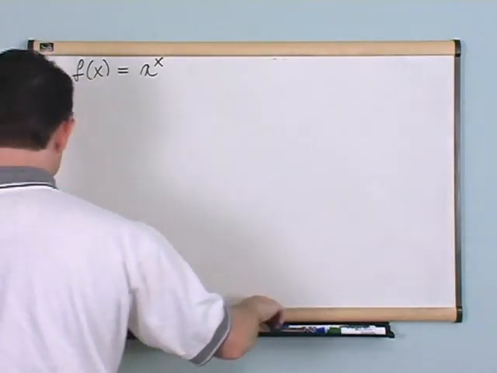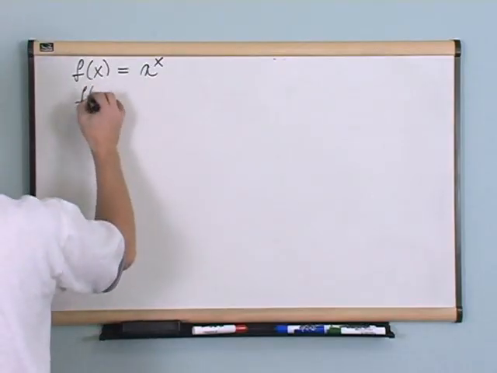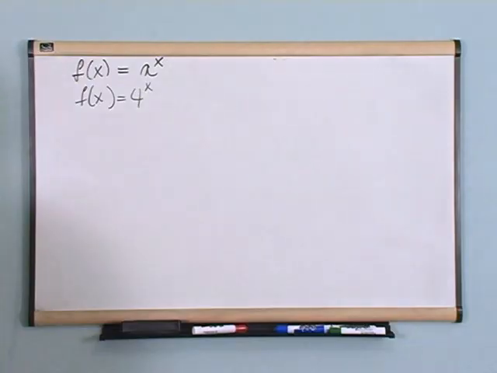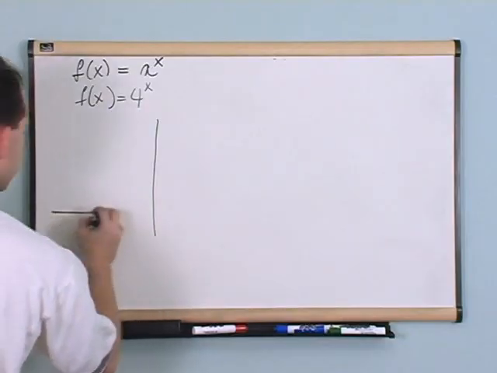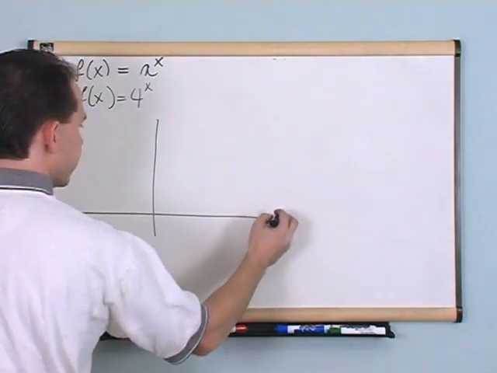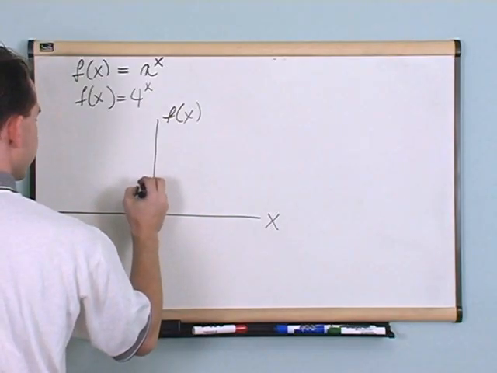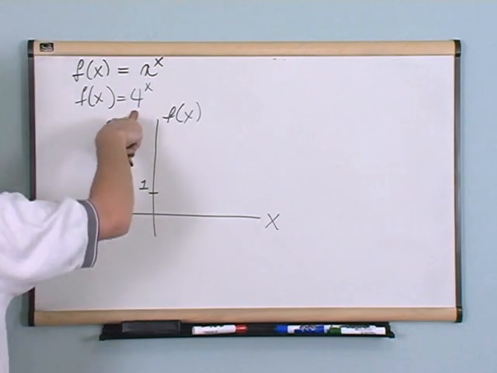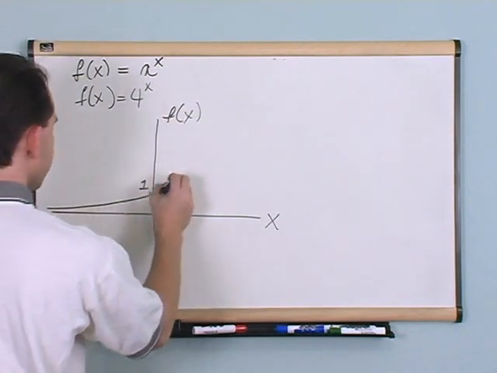What if I had f of x equals 4 to the power of x? I'm just doing qualitative graphing here. What would this equation look like? We've already talked about it a little bit. Well, you're going to have x, you're going to have f of x, you're going to have 1 somewhere up here, okay? And since it's a positive number greater than 0, you're going to have an equation that looks something like that,